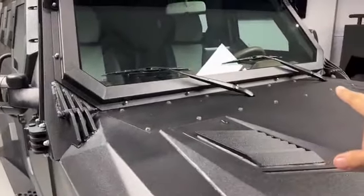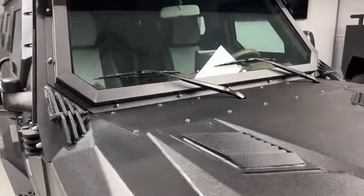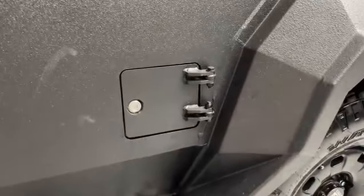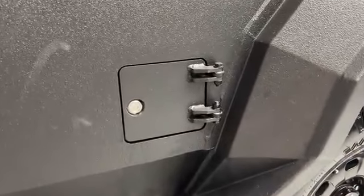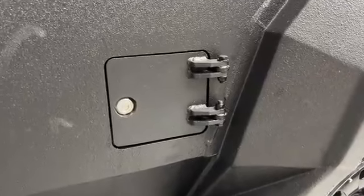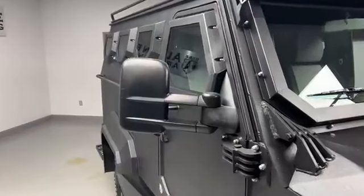And you even have these heavy duty hinges on the fuel door to insert fuel, because I guess you don't really want that to be penetrated either, and it's just kind of a cool look that ties it into the rest of the vehicle. And speaking of heavy duty stuff, how about this mirror? This is not a standard 70s